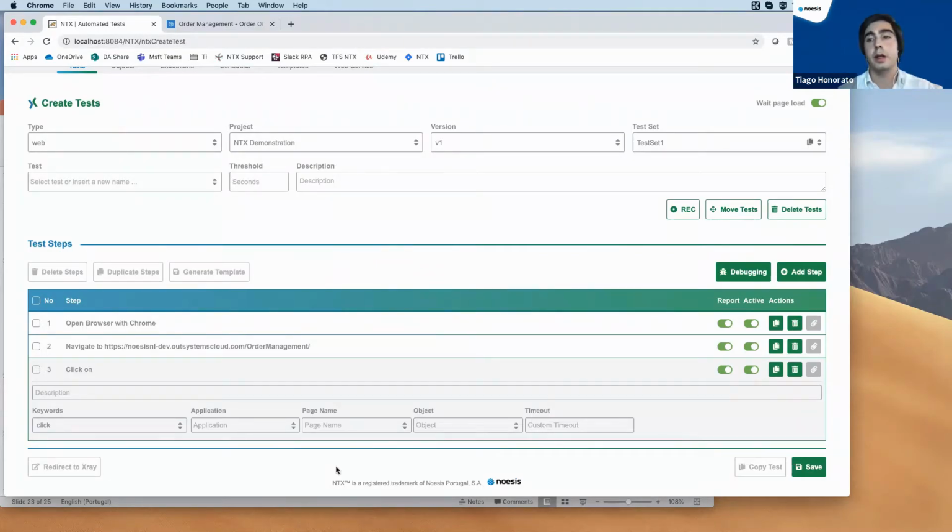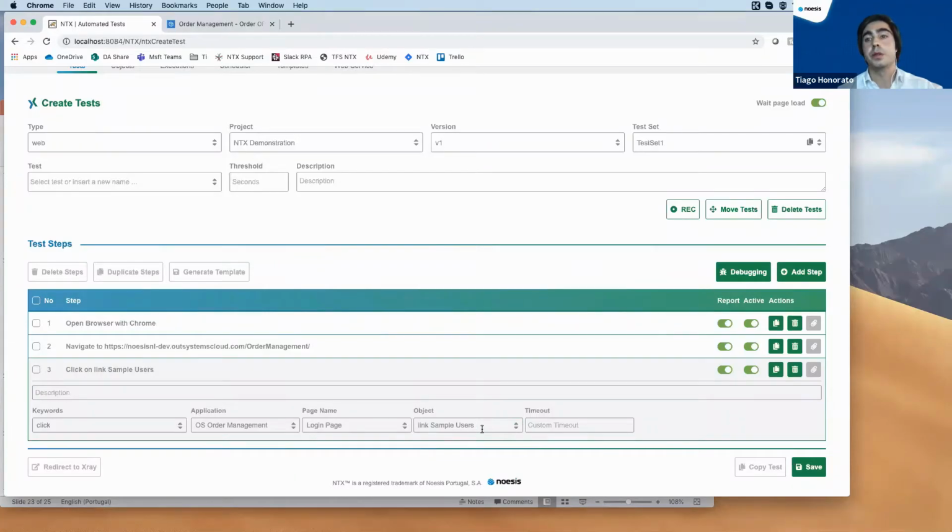But when I get the sample users link, for example, I gave it a name, the name of the object. I said that it is associated with a page name, and of course, this page name is associated with an application. Okay, so the application is this OutSystems order management, and then I have here some pages, and then in the login page, I have these two objects.